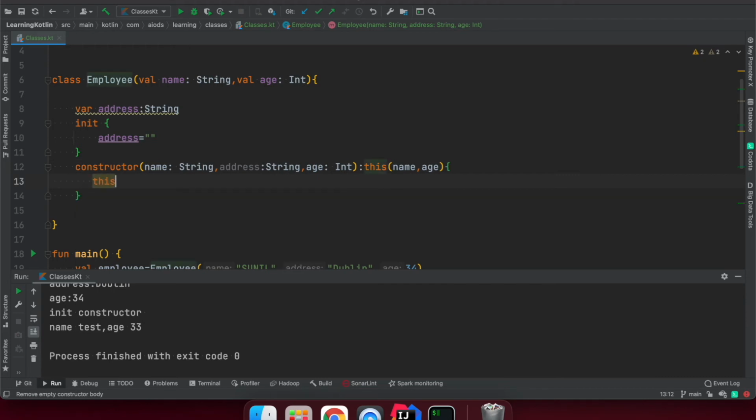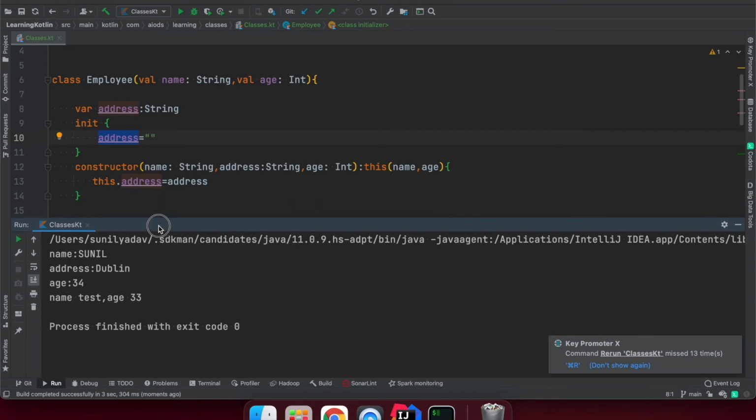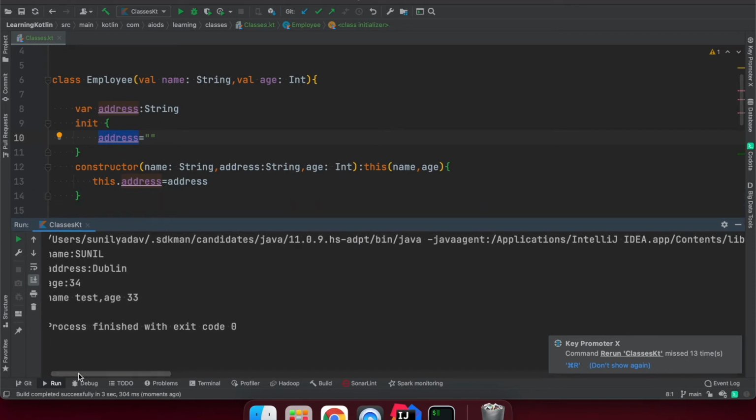So this dot address is going to be address. Otherwise it's going to initialize by default this one. So if we run this code, it looks like the same thing, nothing is changed here. Okay, so that's a really nice way we can call the constructor and do the things, right?